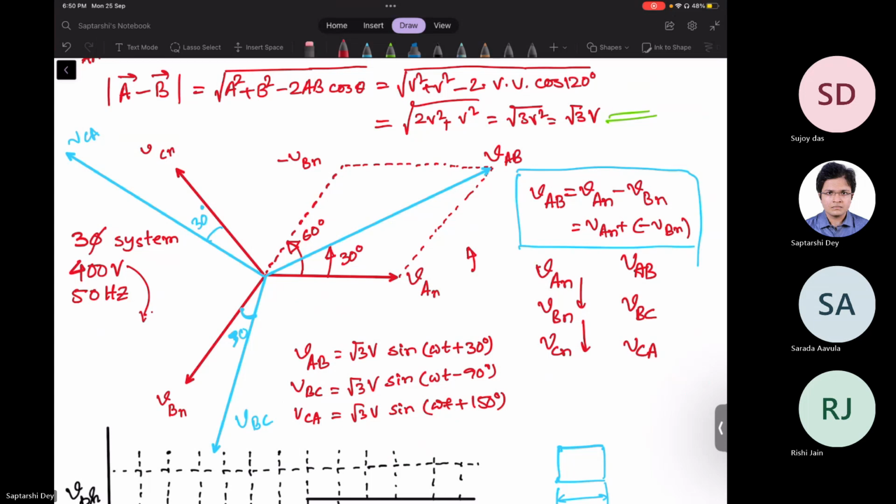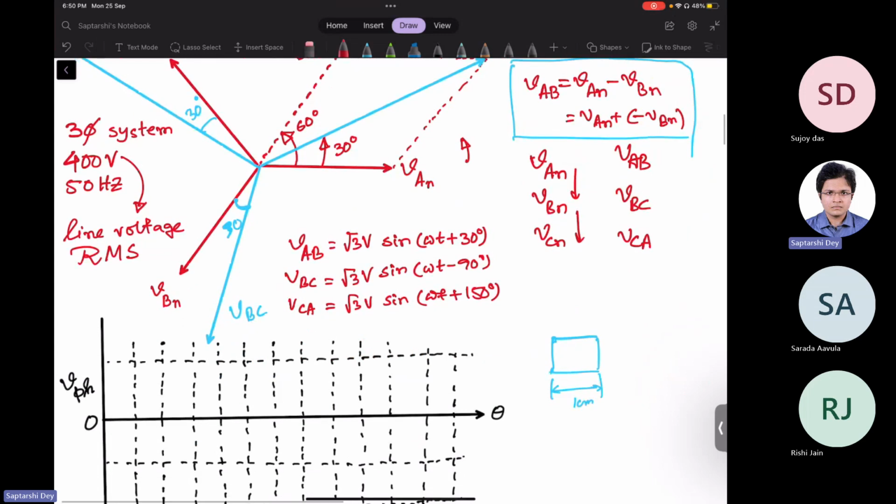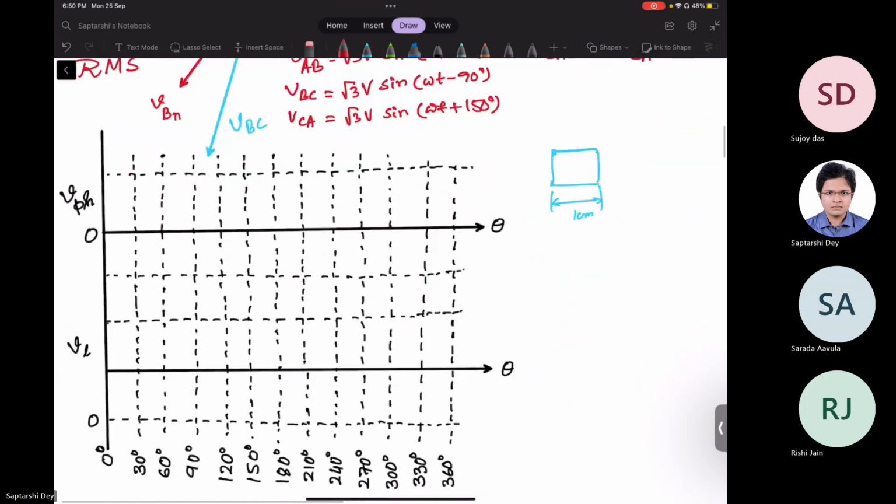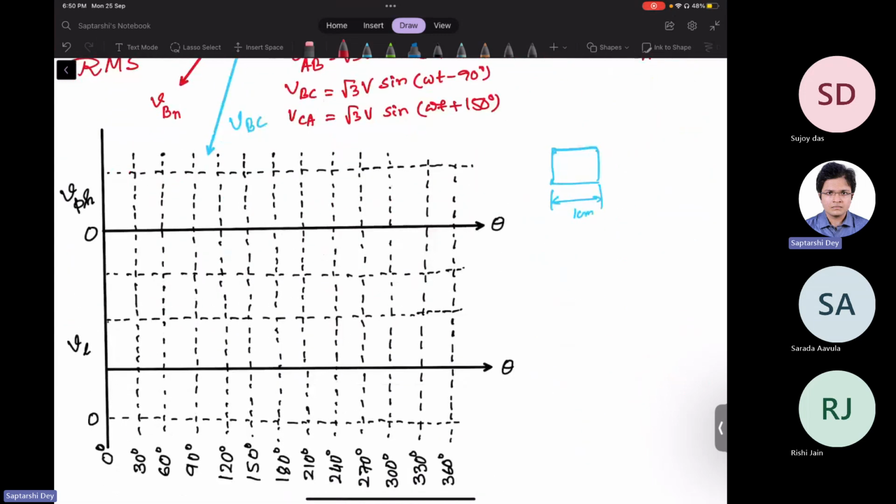It is line voltage, and as usual, it is always RMS. That is the convention for AC system. It is always RMS, but when it's three-phase system, always remember that it is line voltage when you are not mentioning it otherwise. Now, very easy way to, I mean, in case sometime you get confused,